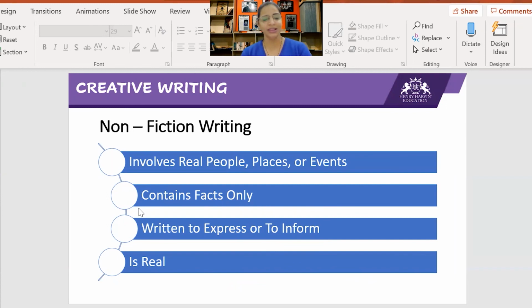The memoirs, they are a form of non-fiction writing, because you are writing it out of your memories, and you are informing the reader what had happened. So non-fiction writing is primarily what had happened, or who were the real people associated with it. Anything which is real is non-fiction. Okay.